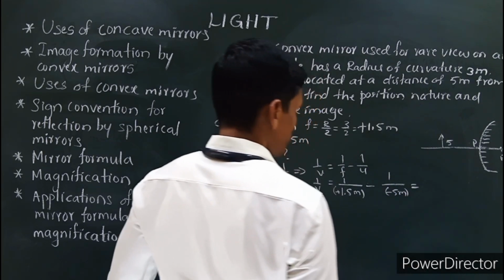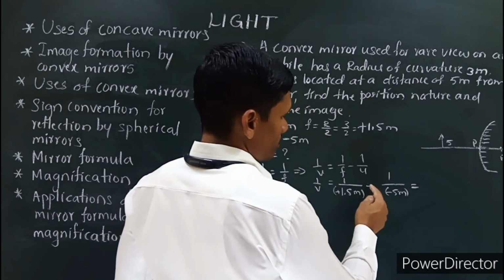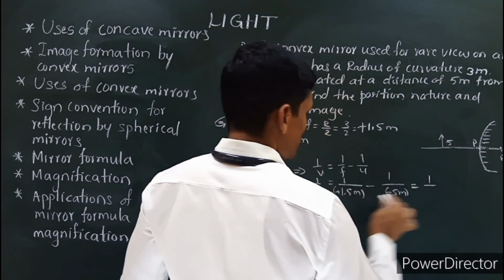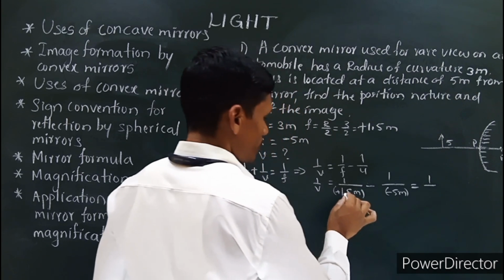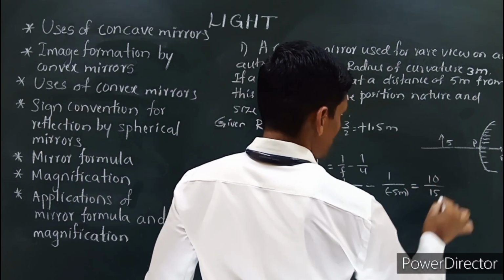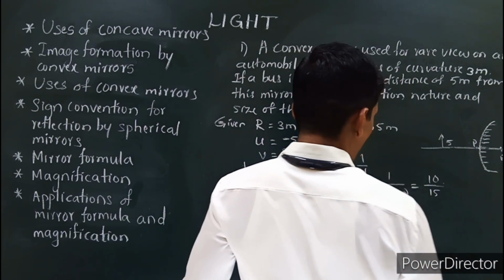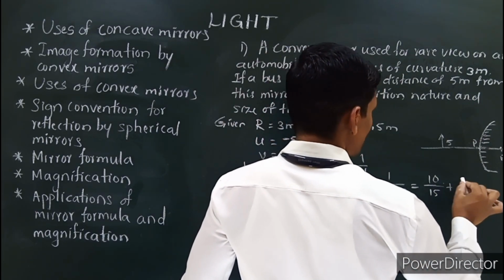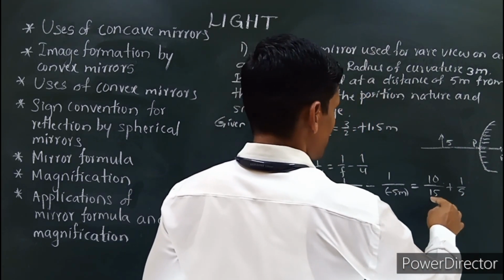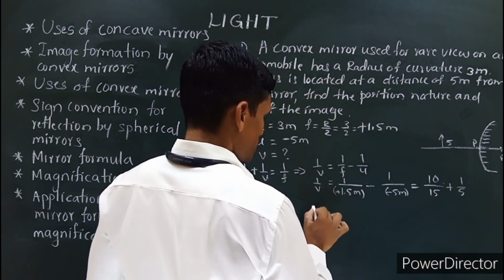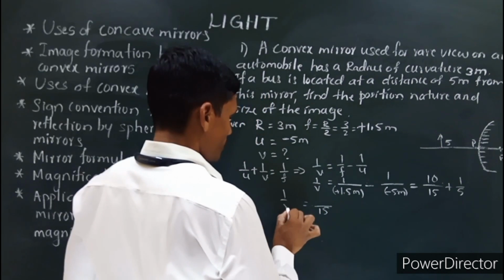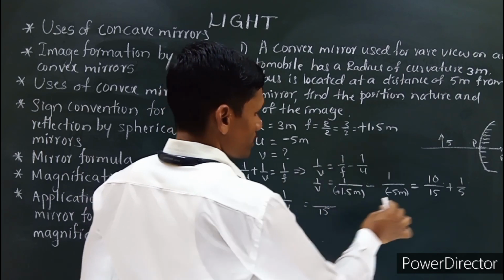Now after simplification, what happens? Here minus into minus becomes plus. So 1 by 1.5, let us make this as 10 by 15. We can make it. Now minus into minus becomes plus, so 1 by 5. Now by taking LCM, the LCM is 15. So let me write it as 15. 1 by v is equal to